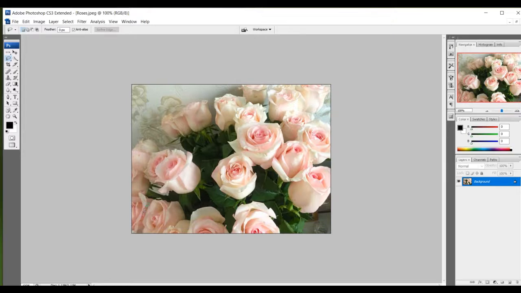Now I'll just start dragging it, and I'm selecting this portion, the flowers which are present. So now this is the image which I have selected.